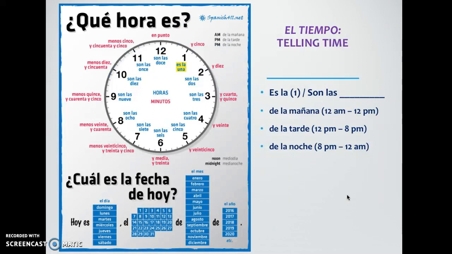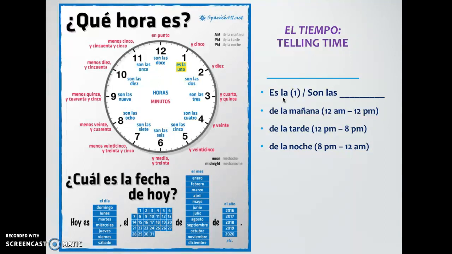Now, I'm going to give you a brief overview of how to tell time. When we're talking about time, we use ser as well. If you want to know the time, ask, ¿Qué hora es? Please repeat, ¿Qué hora es? Okay. Now, when you're telling time, you're going to say es la if you have 1 hour of the day, like 1 o'clock, or son las if you have more hours of the day. When you're telling time in Spanish, you're literally saying there are 2 hours of the afternoon. Son las 2 de la tarde, which means it's 2 o'clock in the afternoon.